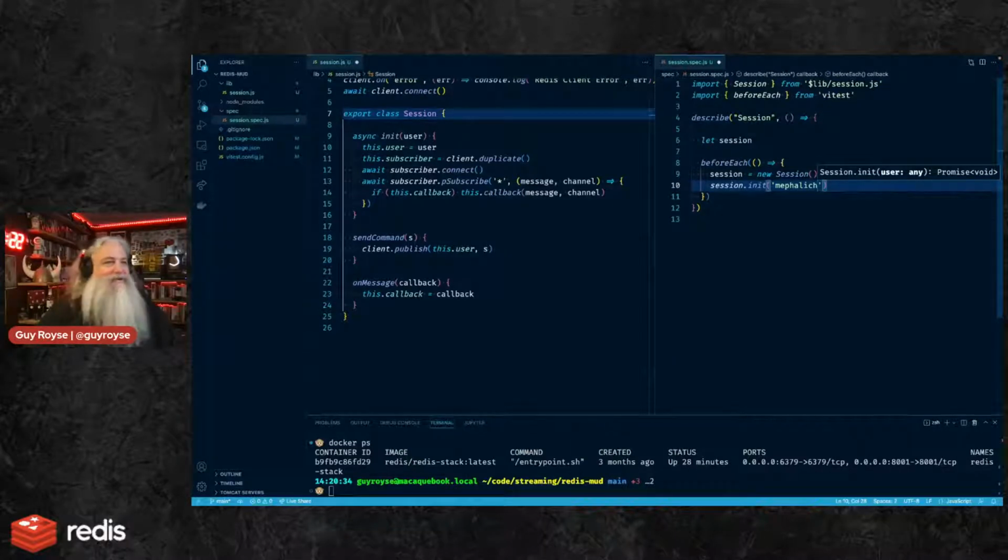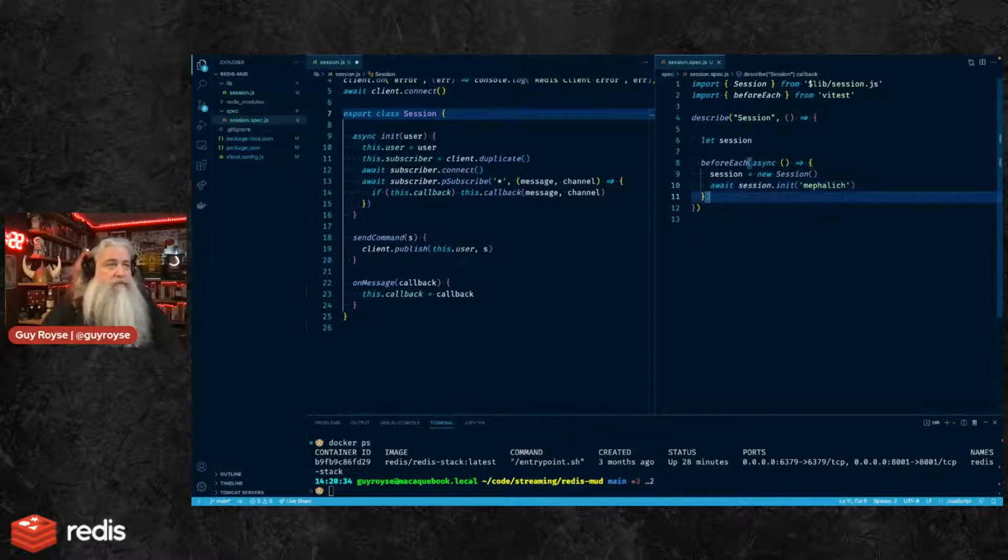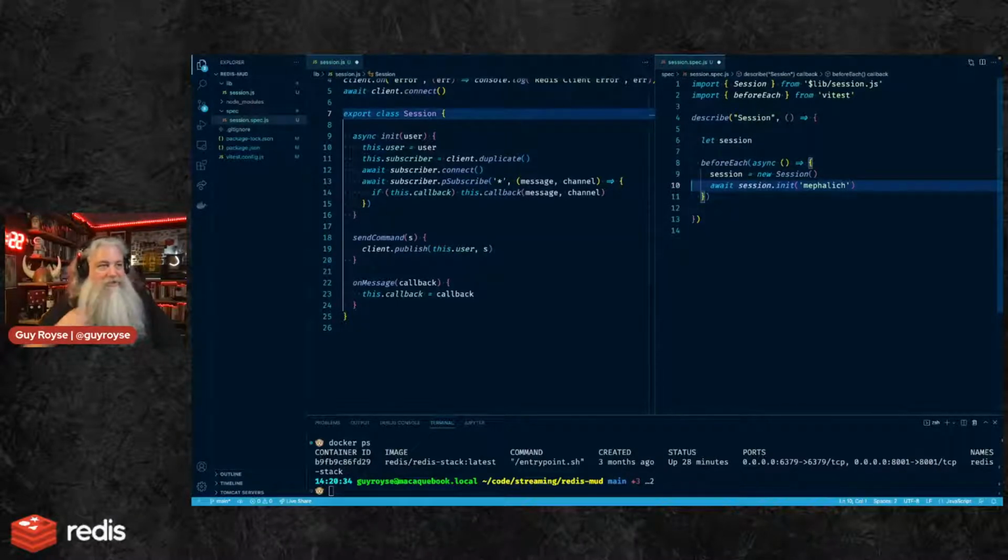And that callback needs to be async there. And I could await this, but I can also just return it. Doesn't matter. We'll do await. ESLint is always telling me that I don't need to do this. I should return, but it's just semantically easier for me to think about if I just put the await there. So that's what I do.